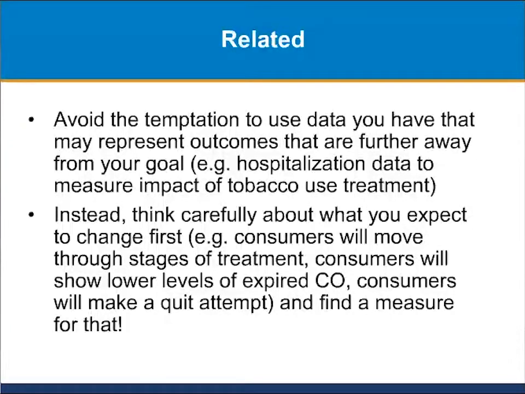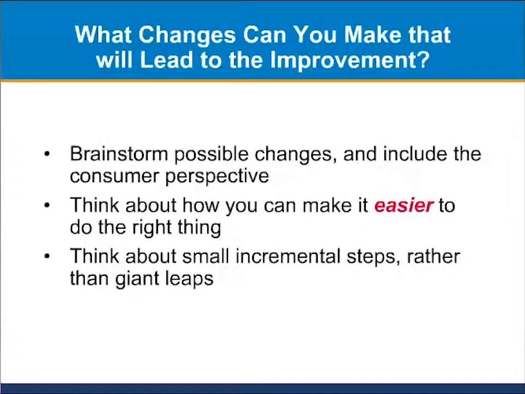If you have some folks who are starting to cut down on their cigarettes, you can track things like lower levels of expired carbon monoxide with a CO meter. You can document whether people have attempted to quit, even started trying to use NRTs to reduce the number of cigarettes that they're smoking, and those measures are much closer to the changes that you're trying to make